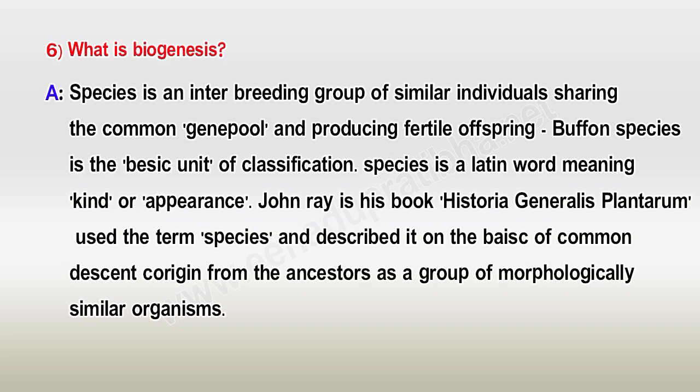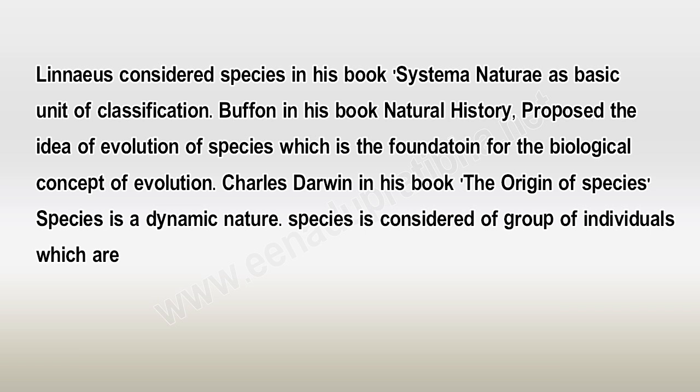What is a species? Species is an interbreeding group of similar individuals sharing the common gene pool and producing fertile offspring. Species is the basic unit of classification. Species is a Latin word meaning kind or appearance. John Ray, in his book Historia Generalis Plantarum, used the term species and described it on the basis of common descent from the ancestors as a group of morphologically similar organisms. Linnaeus considered species in his book Systema Naturae as the basic unit of classification. Buffon in his book Natural History proposed the idea of evolution of species,